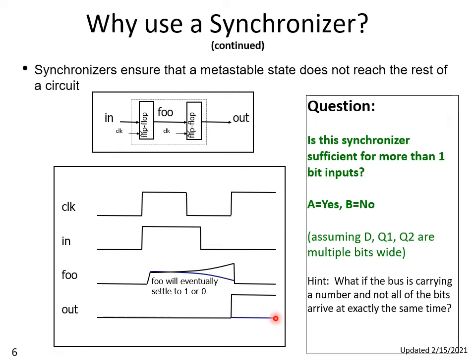Well, really, you don't want to be trying to sample inputs that are changing faster than the clock of the system. Even if you didn't have metastability, you are at considerable risk of missing values on the input if they're changing too frequently. But if this input was held a longer time,